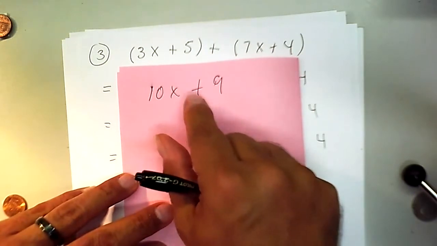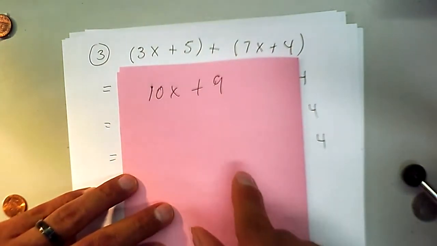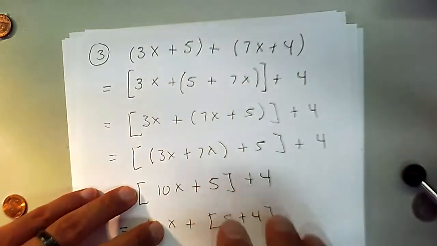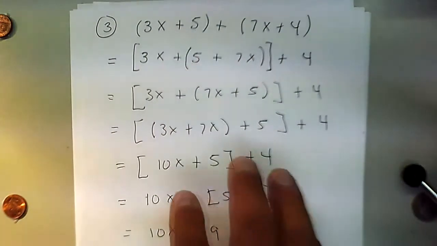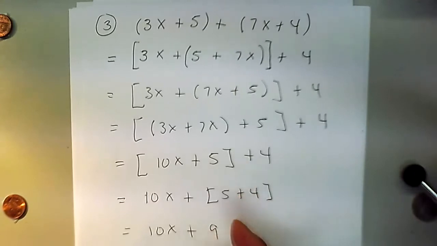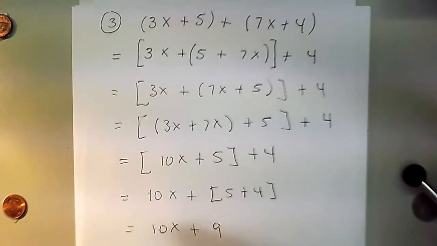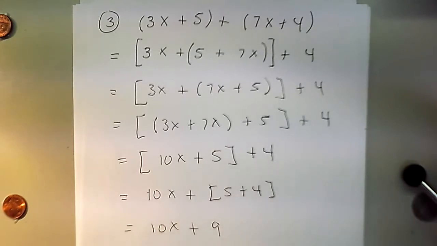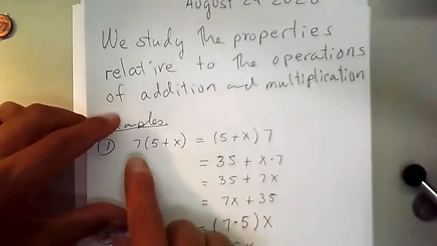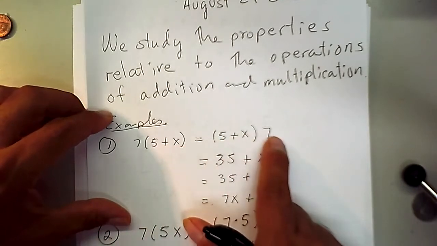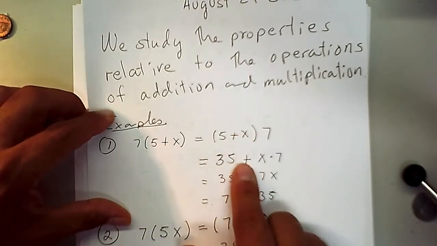But behind the scenes, there is a lot of stuff that is going on. And that stuff is precisely the properties of real numbers. The commutative properties, which are 2 of them, the associative properties, which are 2 of them. We have the distributive property, which we could think of as 2 of them, because we could distribute from the left onto the addition, or we can distribute from the right, as we did in this example.